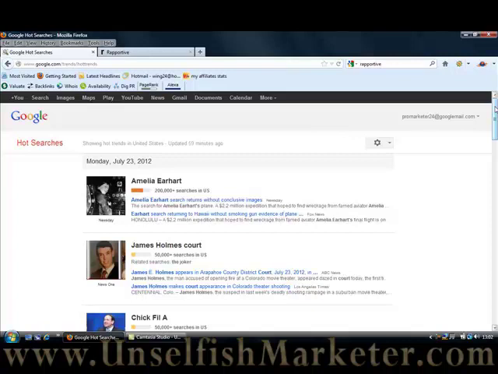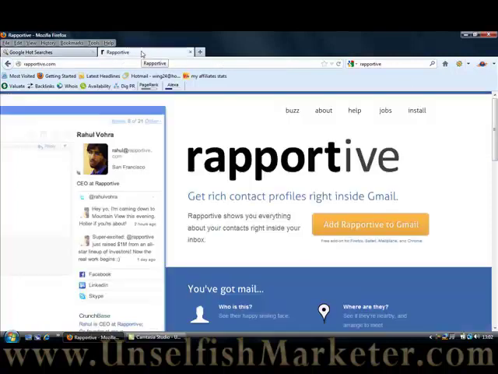Once you create your article on your blog, obviously publish it, and then the next step is to actually promote it. Now this is a very simple process. This is a tool that I've been using for a while, Reportive. If you've got a Google Mail or Gmail account, then this plugs into that. This plugs into Gmail, and what you can do is connect all of your social accounts to